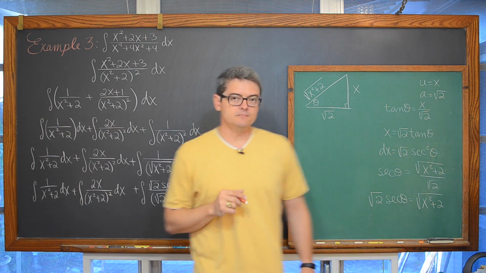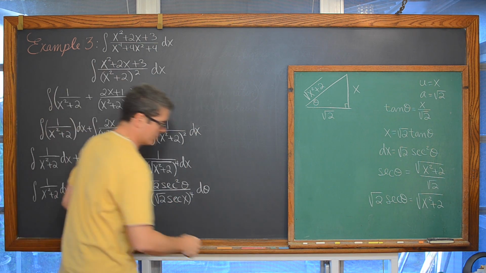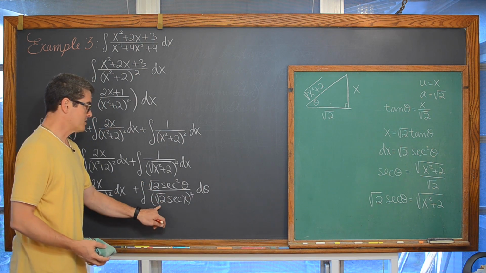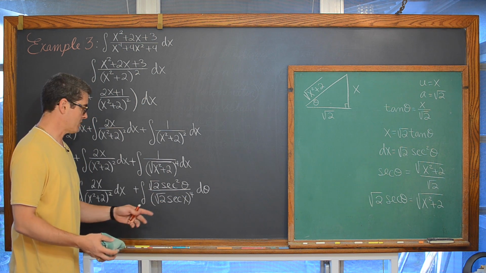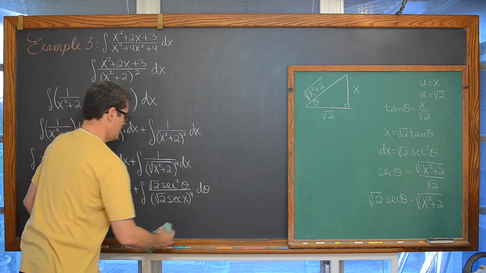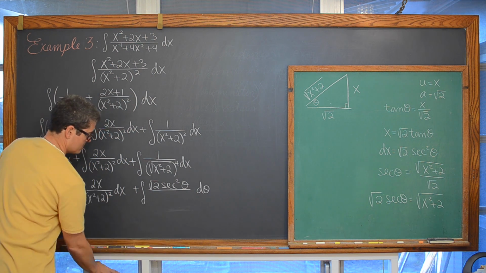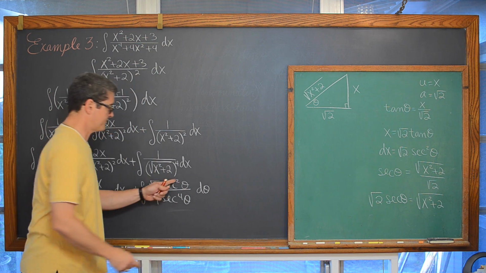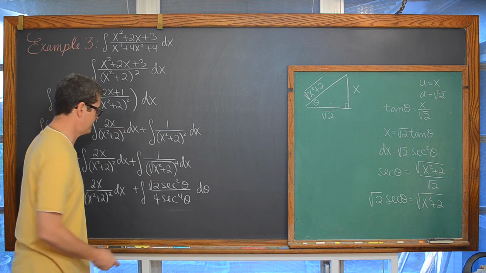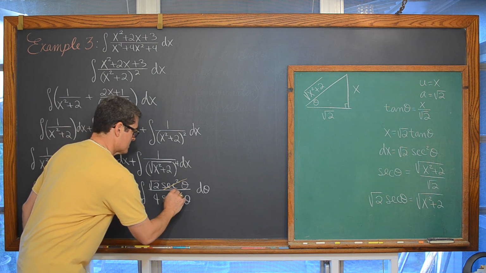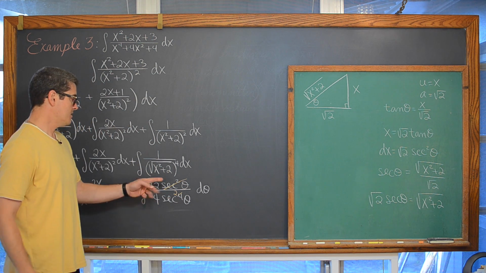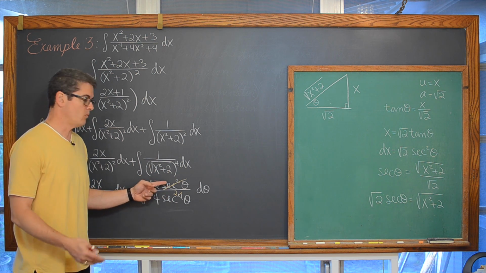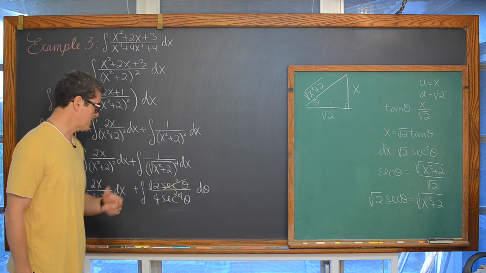Okay. Now, if we raise this to the 4th power, square root of 2 times square root of 2 is 2, but we're doing that twice, so 2 times 2 is 4 times secant to the 4th power. Now we have secant to the 2nd power on top, and in the denominator we have secant to the 4th. So of course 2 of those are going to cancel out, and we have 1 over secant squared now. There are no other trig functions left, so let's write 1 over secant as cosine.